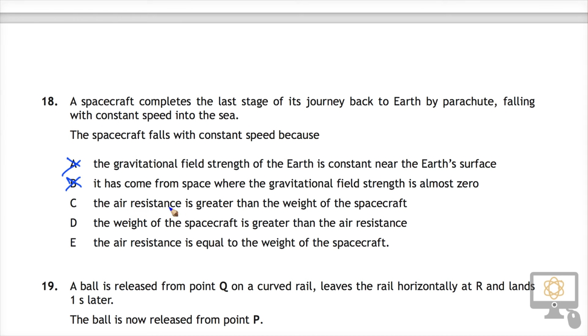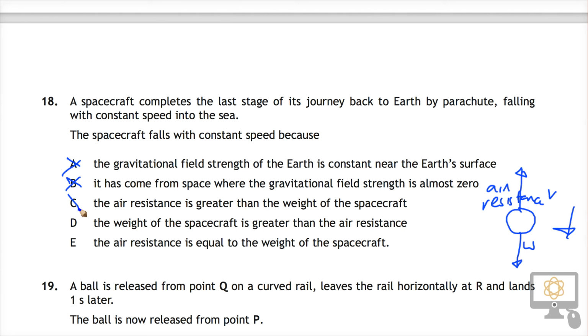Part C, the air resistance is greater than the weight of the spacecraft. Well, if that were the case, if we think about this spacecraft, I'm going to draw a very simple diagram over here. This is the spacecraft here. It's falling downward at constant speed. V is constant, and so for that to happen, there has to be two forces acting on it, which are balanced. The weight acting downward on the spacecraft must be balanced by the air resistance acting upward. And so this statement C says that the air resistance is greater than the weight, so that's also